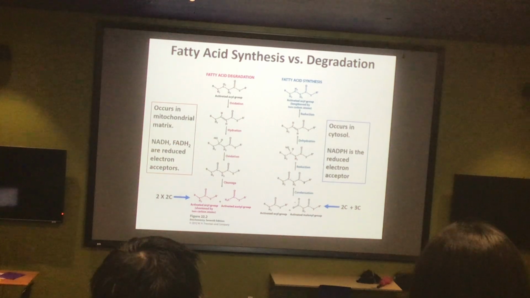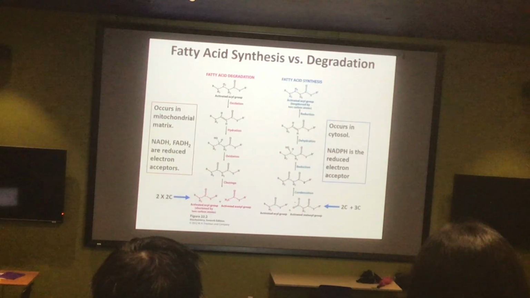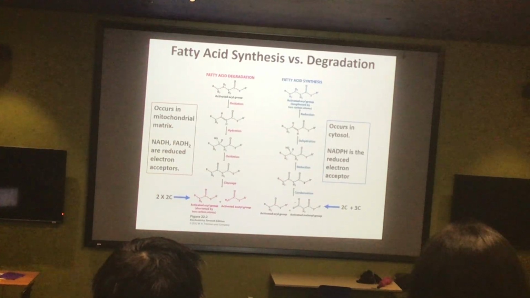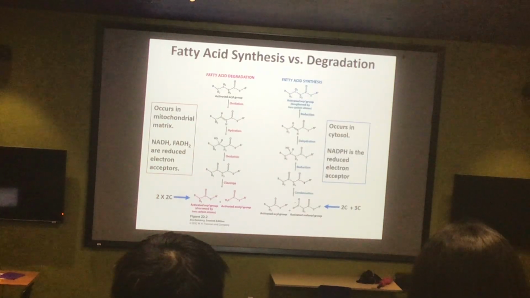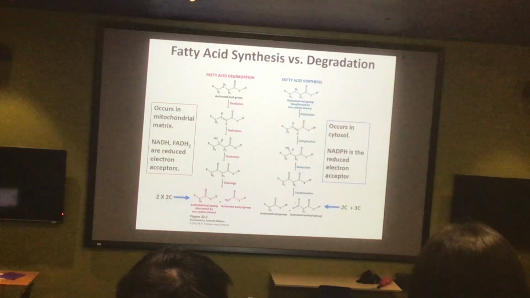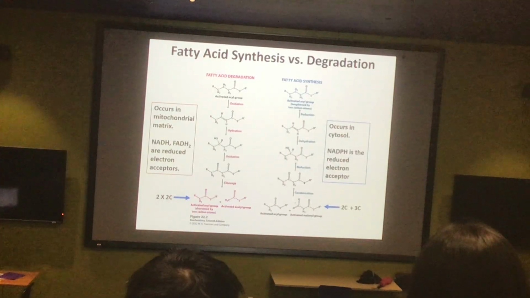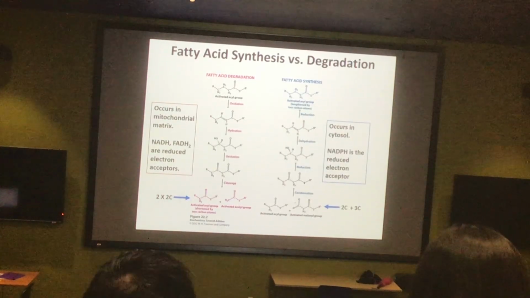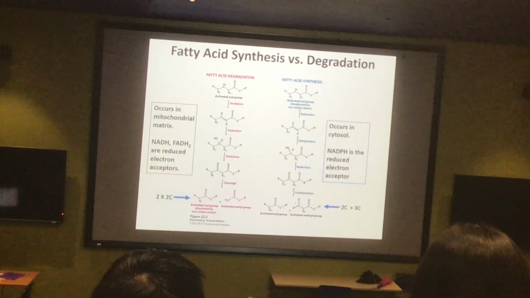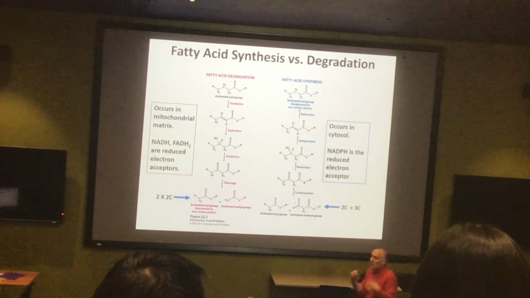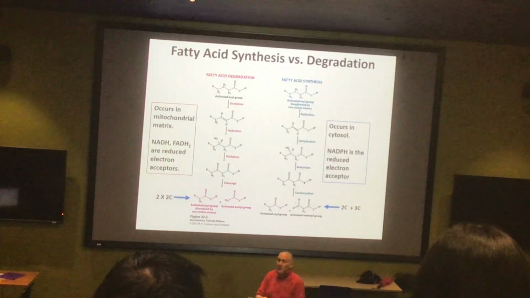Certain aspects of this might seem sort of familiar, but it's really key to remember that it's not just the same pathway running backwards, particularly with energy-dependent steps. The key here is that, of course, we're going to do this in the cytosol. This is very favorable. Nature kind of makes sense. We don't want to be in a situation where we are synthesizing fatty acids just to break them down. We have one or two metabolic states we are contending with, and we want to either be breaking things down or making them.